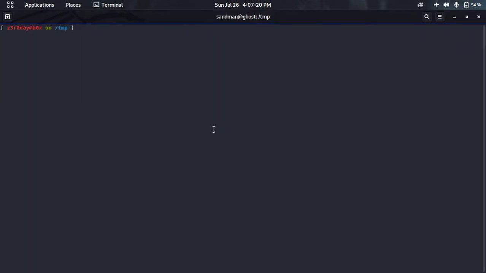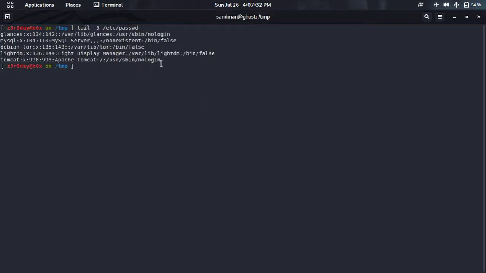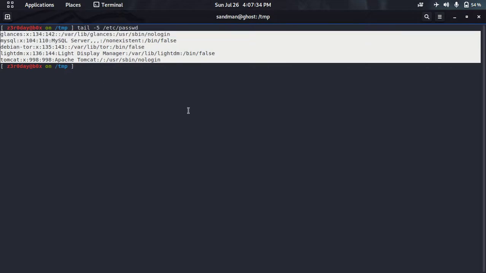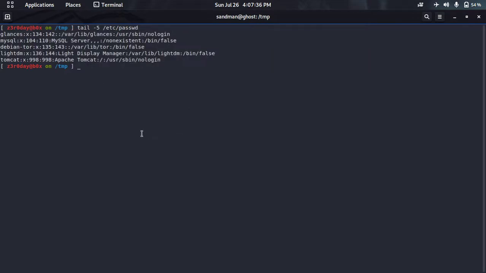Okay, we can even limit the number of lines from the bottom. Like I want to get 5 lines, let's suppose. So as we can see the output is 5. So these are just simple usages of the head and tail commands.